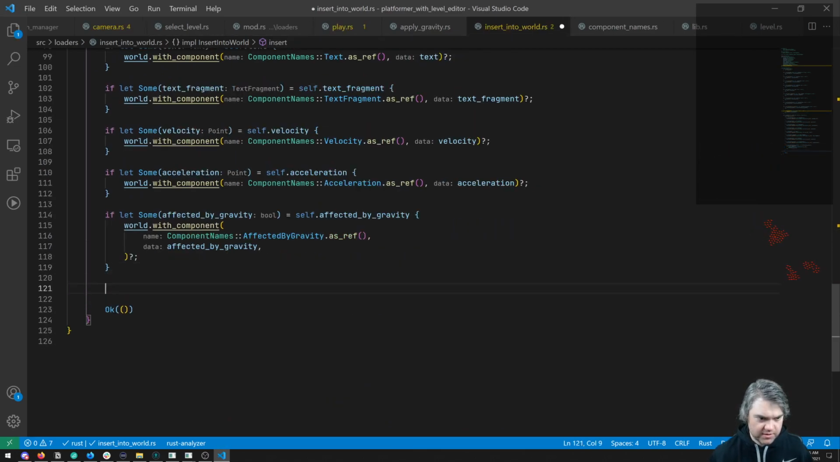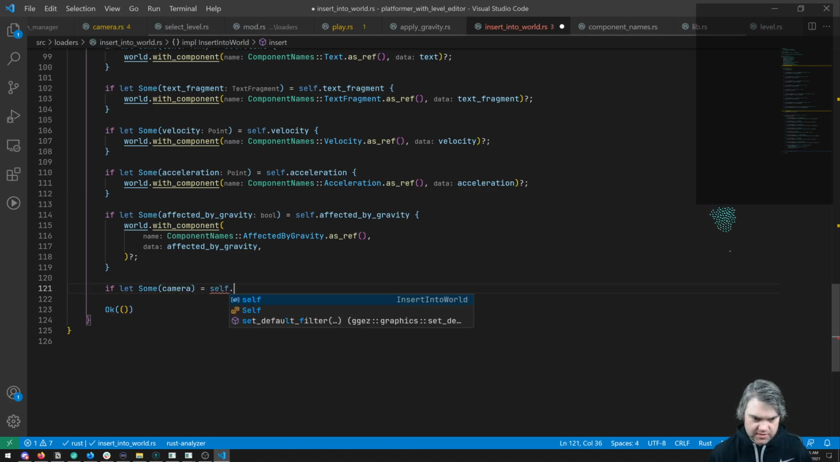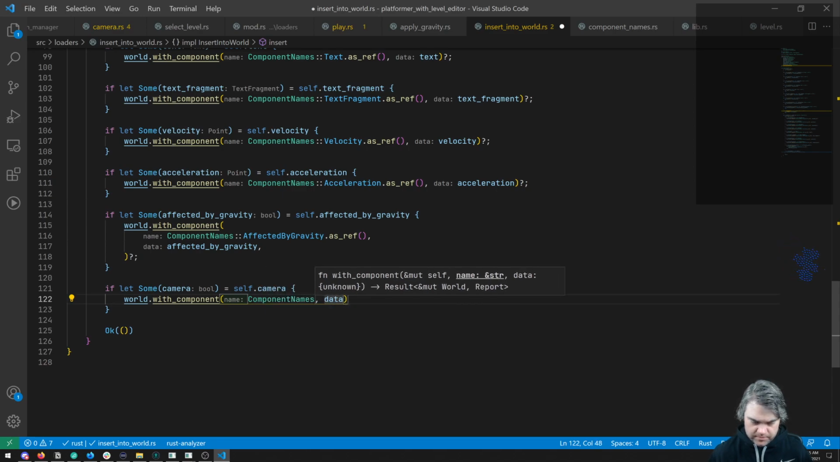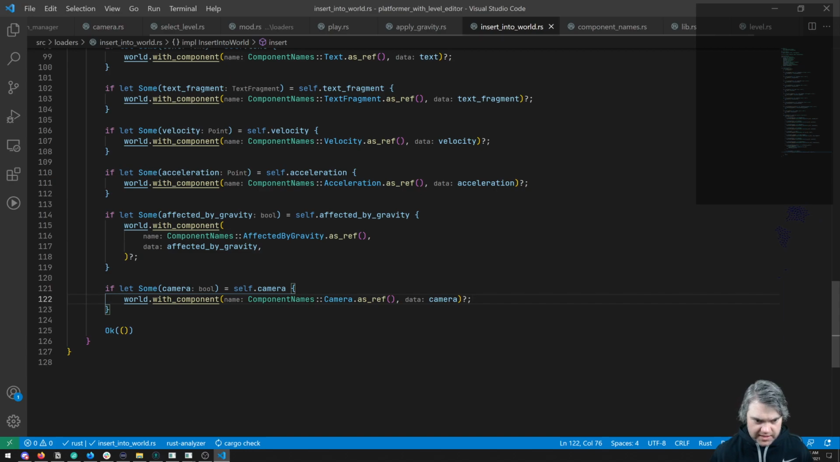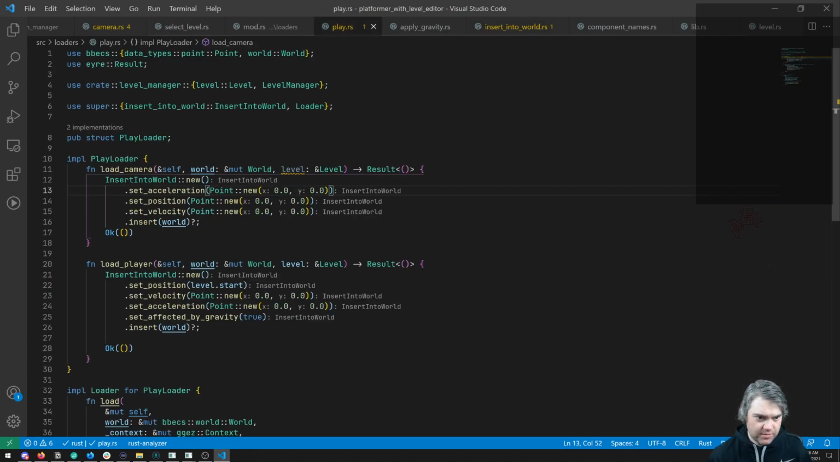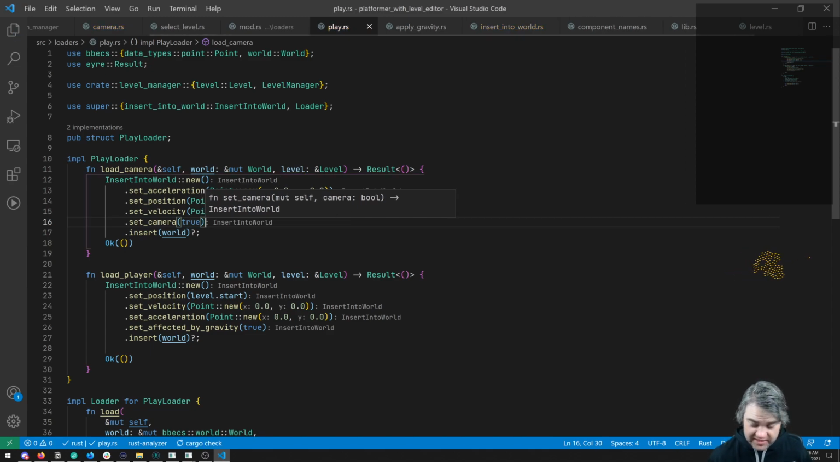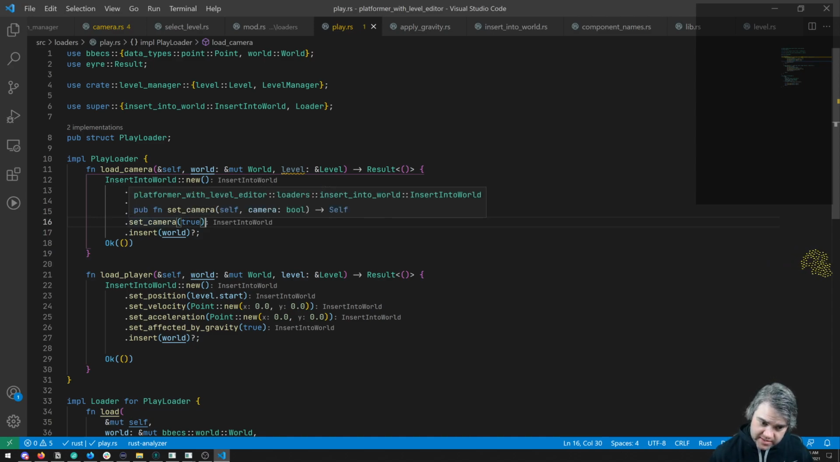And then insert the component. Okay, so if let Some, it's gonna be our camera, stuff that camera. Okay, so we insert that. Then we head back into play here. And so as we're gaming our camera, we have an acceleration, a position, a velocity, and also a set camera, and you're true. The other one doesn't even get this, which means now I can query for